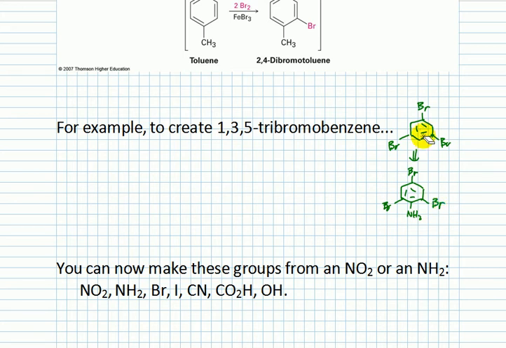So if I was able to remove that, like we saw before, that'd be pretty easy. So that tribromo compound could just come from aniline,